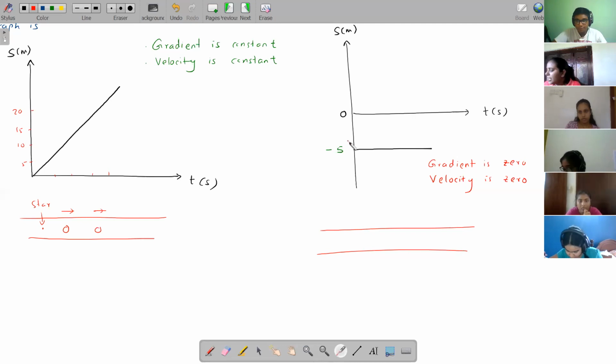So here, a negative 5 means that from your starting point, you're 5 meters behind and you're just staying in one place. This object is staying in one place 5 meters behind the starting point. Can you see the difference? It's not moving. So this is stationary and it's just staying in one place but 5 meters behind the starting point. I just want to give you an idea about what this really feels like. Okay. So I think this is it.